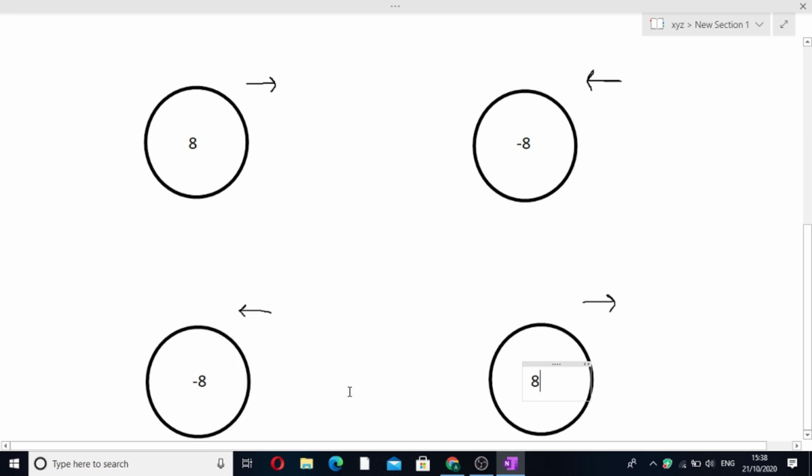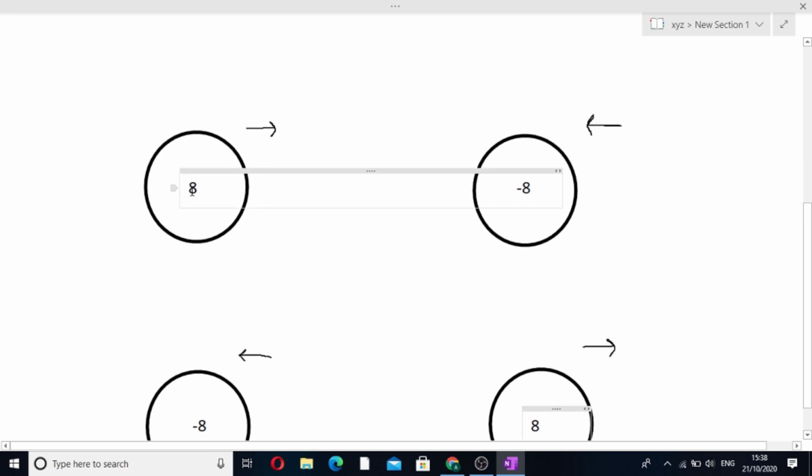So we can see that these two asteroids will never collide, because -8 will move in the left direction, going to -8, -9, -10, -11. Similarly, 8 moving in the right direction will go to 8, 9, 10, 11. So there is no common point where they can meet each other. But similarly, in the above case, 8 is moving on the right side and -8 is moving on the left side.